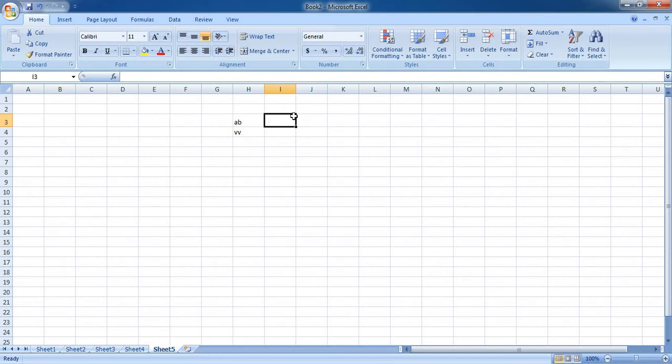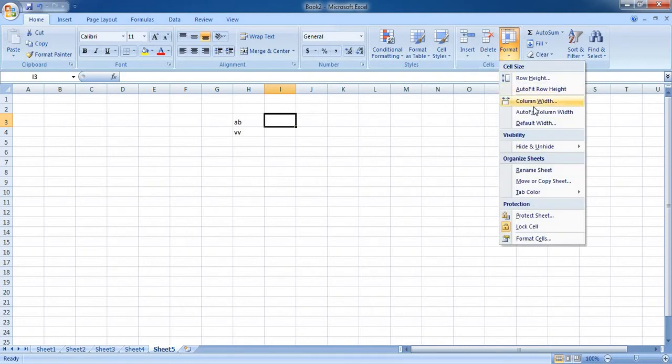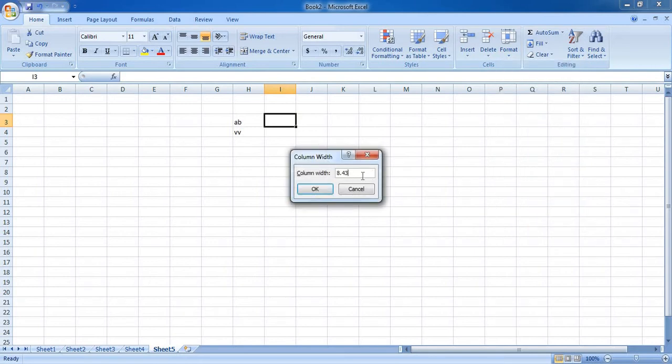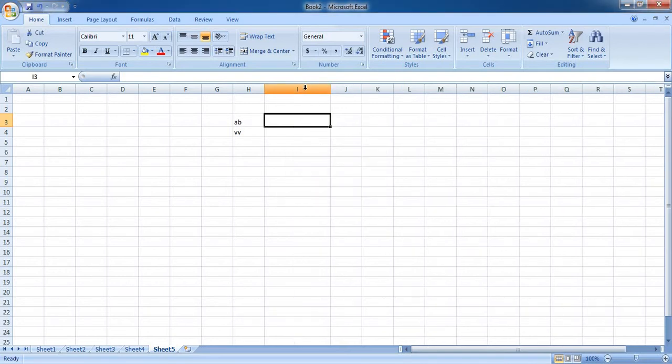Similarly, we can increase column width as well. Go to format option, column width is now 8.43, let me make it 18.43, click on OK, and the column width will be increased.